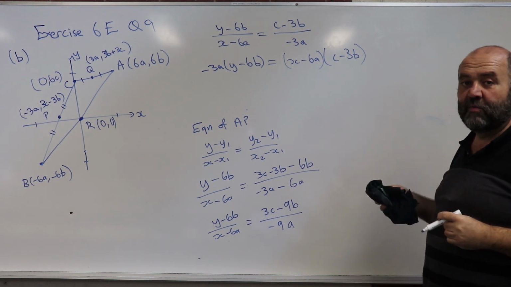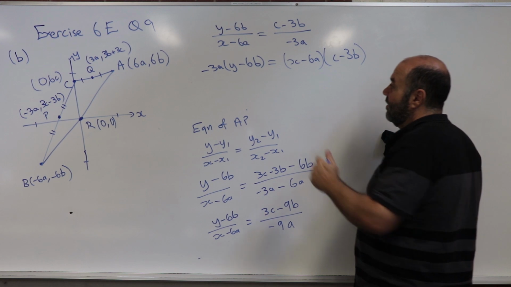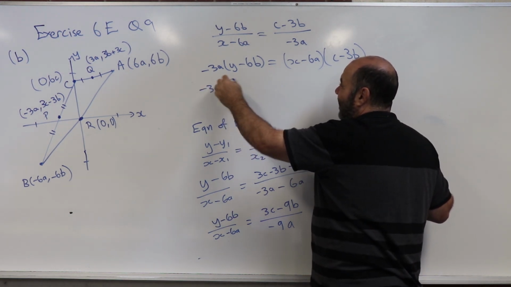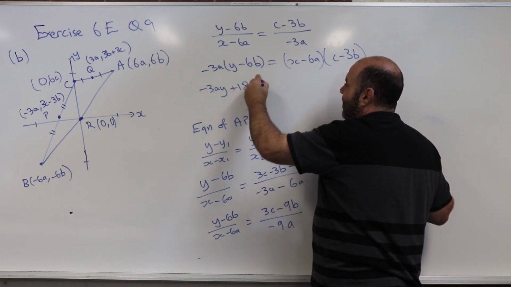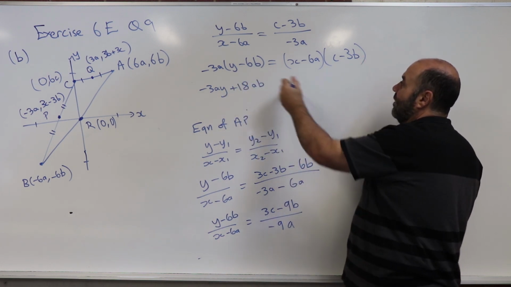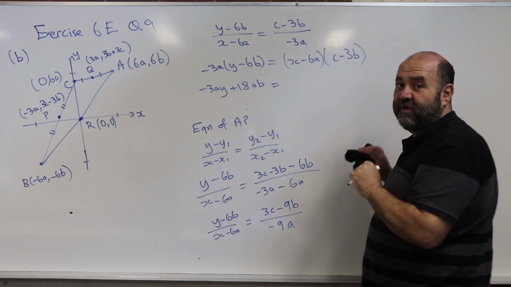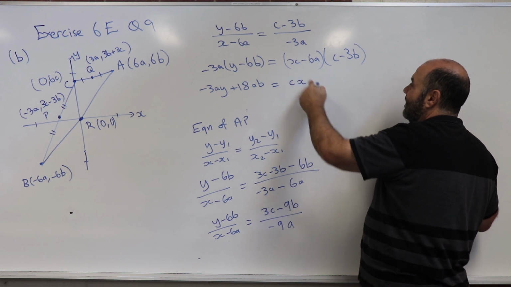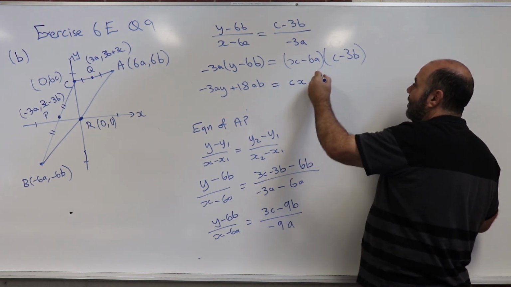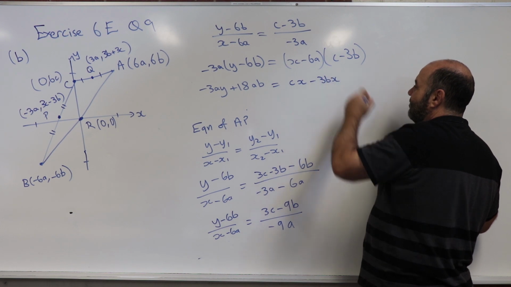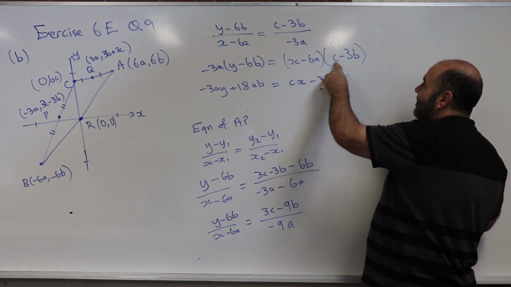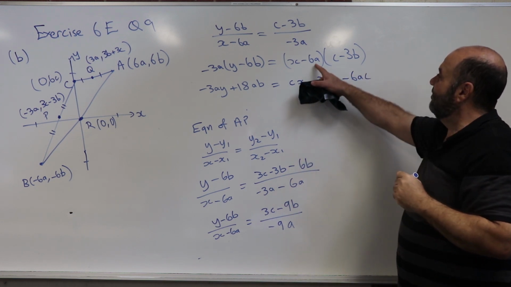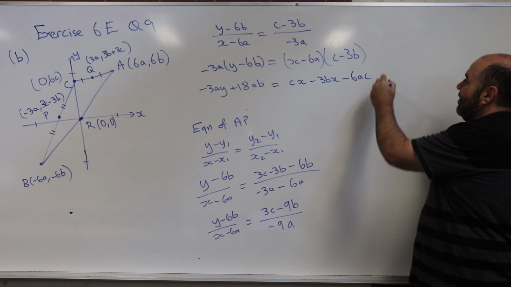Okay, that leaves me with a binomial expansion. I'm just going to do that now. So over here I've got negative 3ay plus 18ab equals, and here's my binomial expansion, x times c is cx, x times negative 3b is negative 3bx, negative 6a times c is negative 6ac, and negative 6a times negative 3b is plus